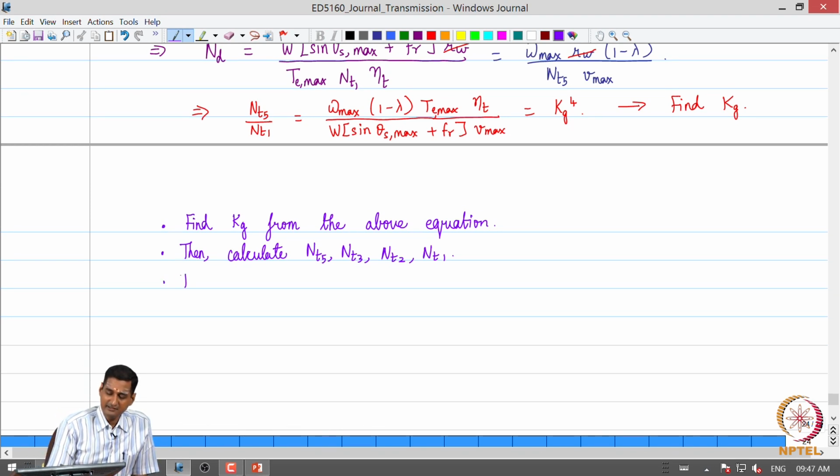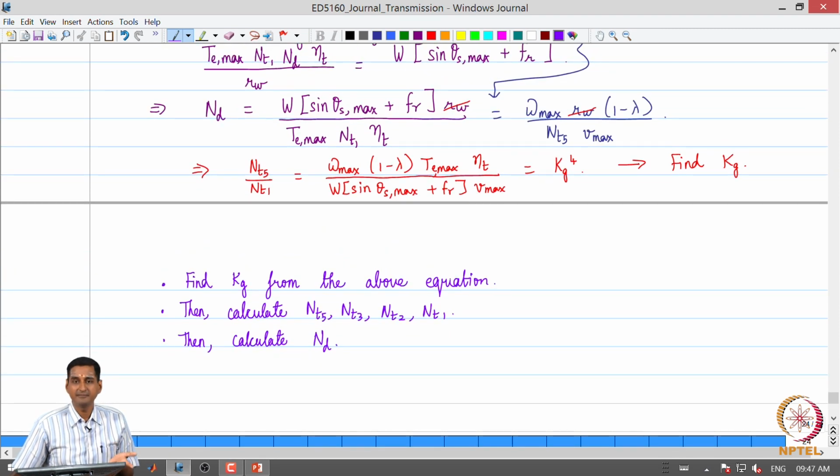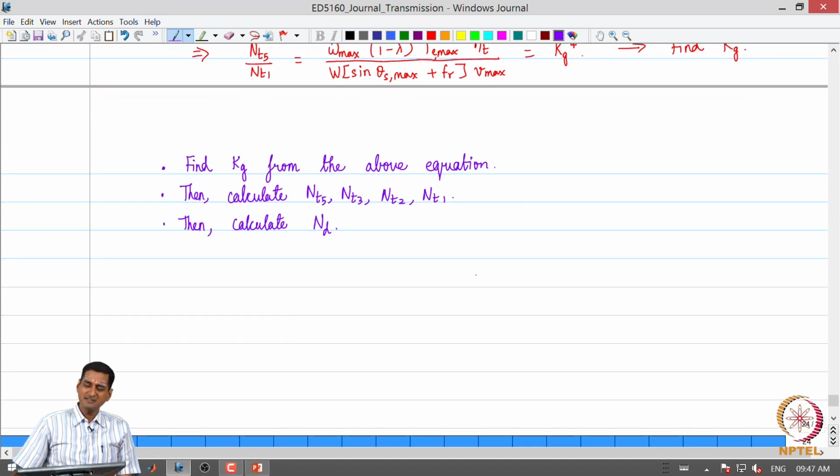Then we can always calculate ND, right, because we already have an equation for ND. So, we can calculate the value of the final drive ratio. So, this is a very simple process to adopt when we have more than 4 gear ratios with the higher gears being required to be overdrive. Okay. So, what we have done is essentially match the transmission or the powertrain requirements to essentially overcome the loads on the vehicle at a particular operating condition, right.